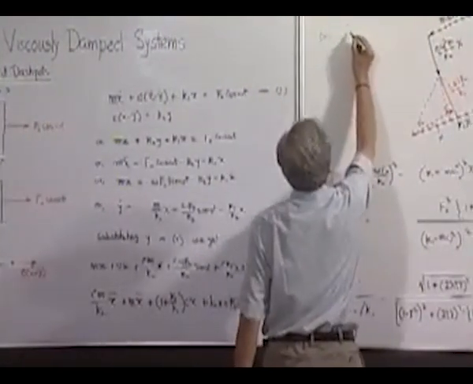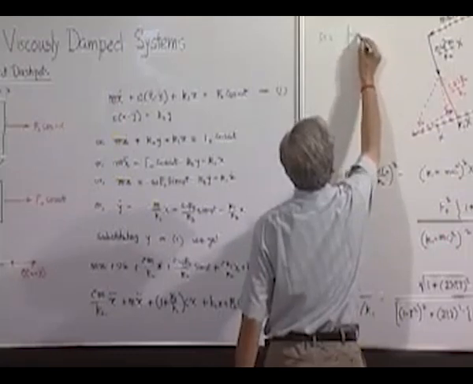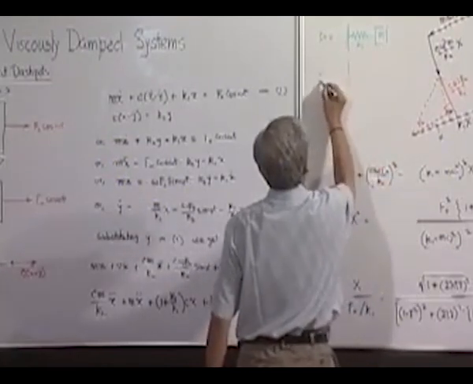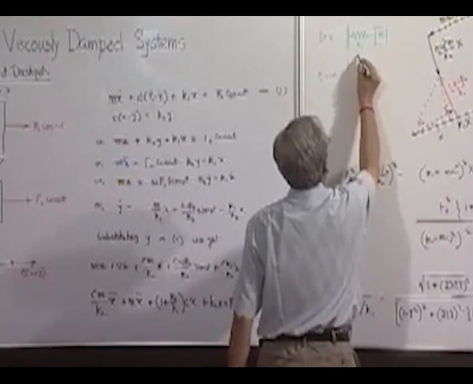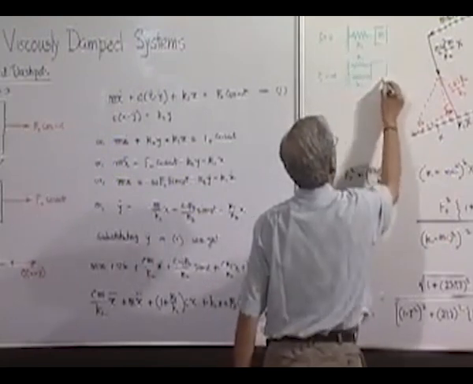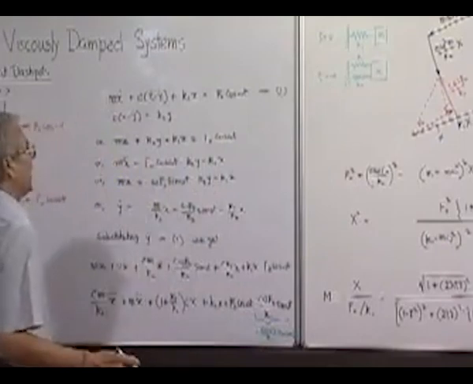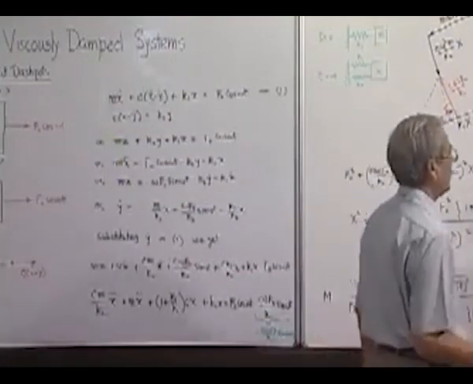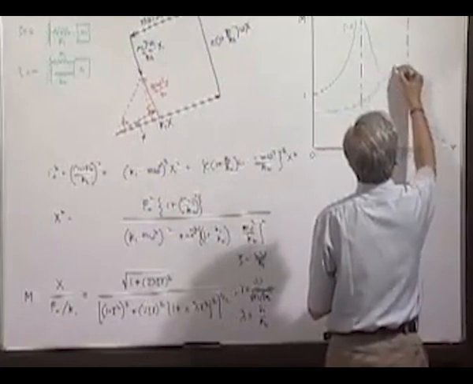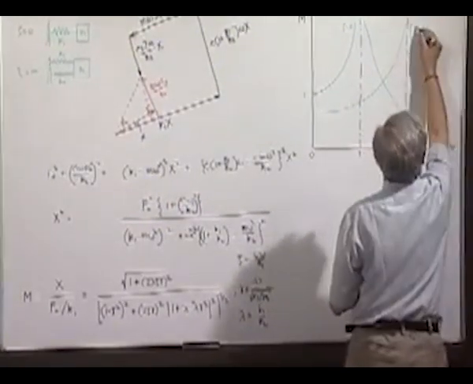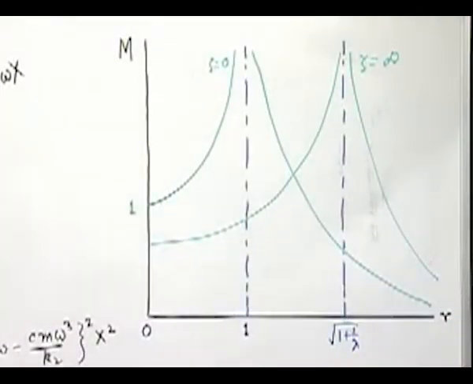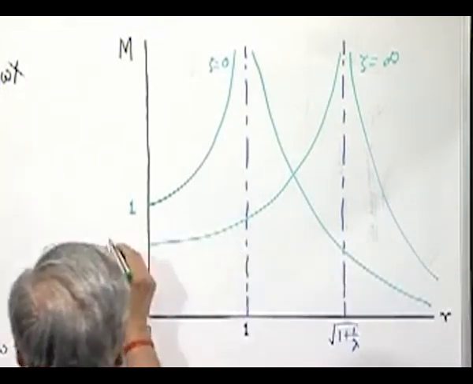Zeta is equal to 0 means this, and zeta is equal to infinity means this is the case, and obviously the natural frequency and that ratio will be then 1 plus this. So for this it will again behave like a simple undamped case, and the frequency response or the magnification factor diagram will look like this. Static deflection is